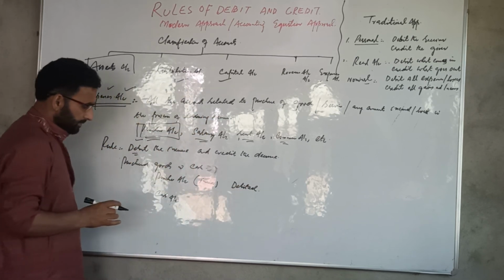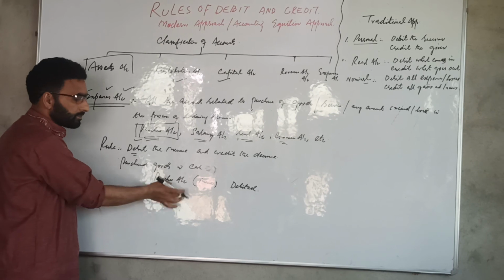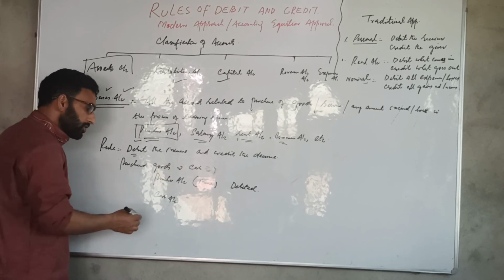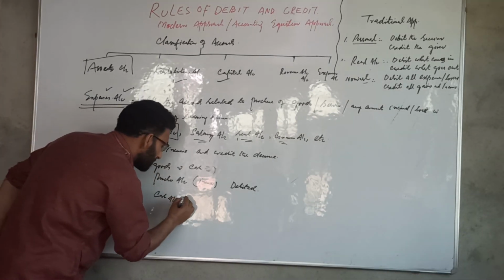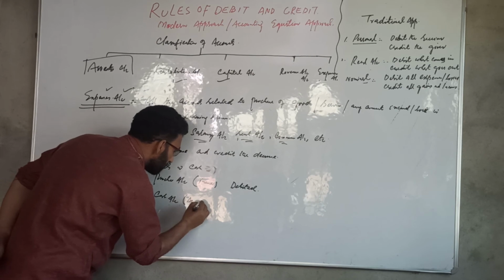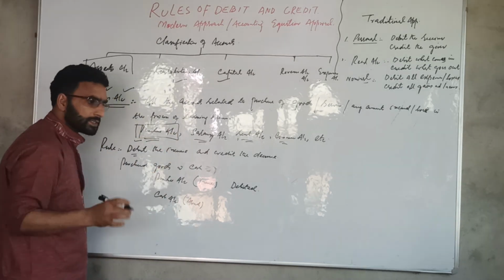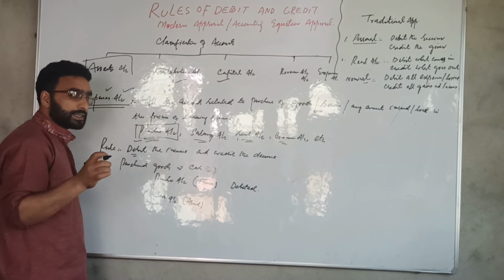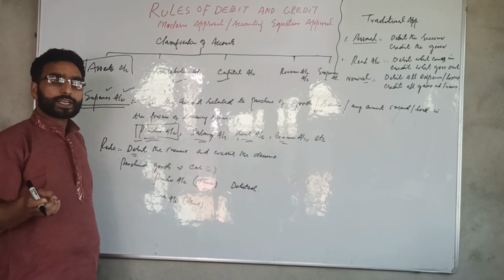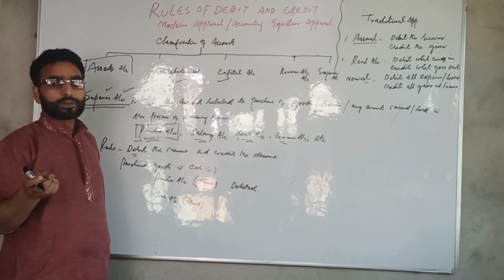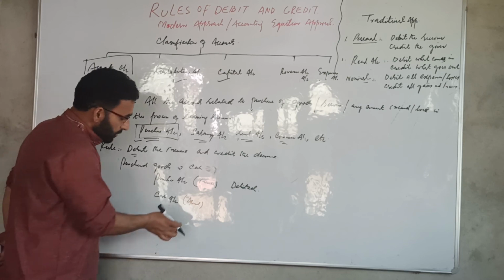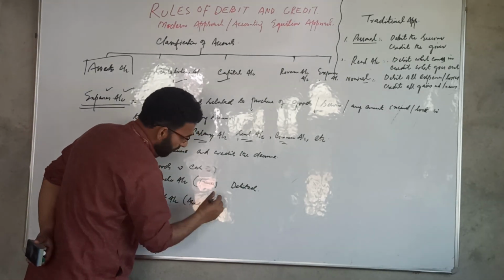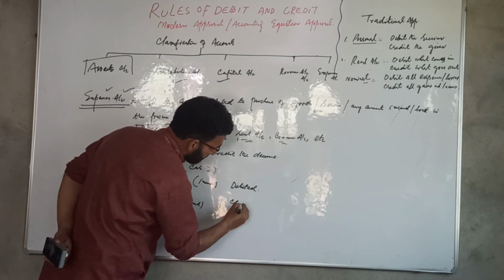For this purchase, the business paid cash as per this transaction. The cash account is an assets account. Cash goes out of the business. Cash account is reduced when there is a decrease in asset. When there is any decrease in asset, the assets account is credited. So the cash account is also credited here.